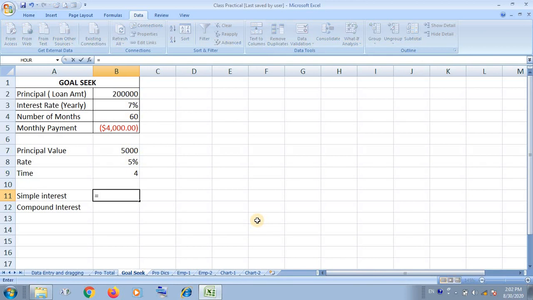Okay, now let's start with how you can calculate the simple interest. We have to use the formula PRT upon 100. P is given 5,000 and 5% interest rate annual and 4 years. I have selected here. You are looking here 1,000. Suppose I want to change this amount to monthly, then what I have to do,